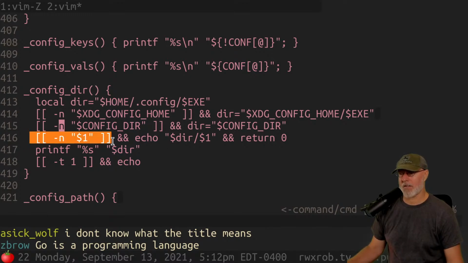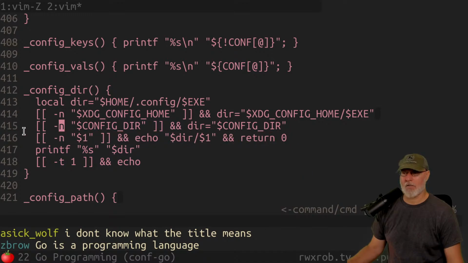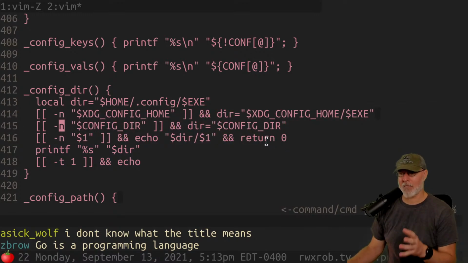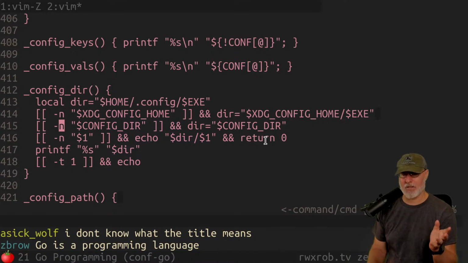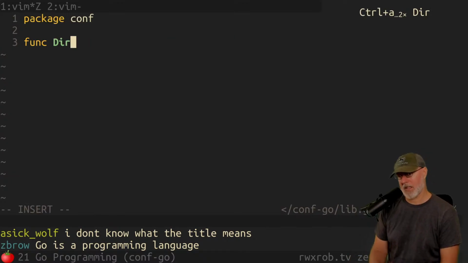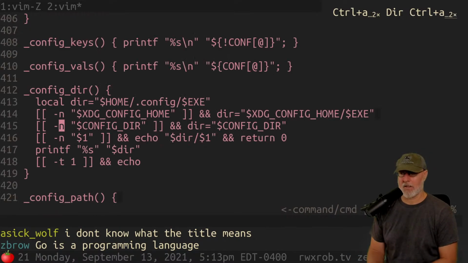And then over here it says, okay, if I was given an argument, then that argument wins. Now you could clearly have written this logic much more verbosely with if statements, and in Go, we are going to have to. But I want to show you an example of why Bash is so phenomenally awesome for rapid applications development. Because the amount of time it took me to write that is nowhere near what it's going to take me to type out the stuff we're going to have to make. So let's do this one first. The first thing is we need to, let's call it dir in Go. All the functions have to begin with a D if you want to export them.